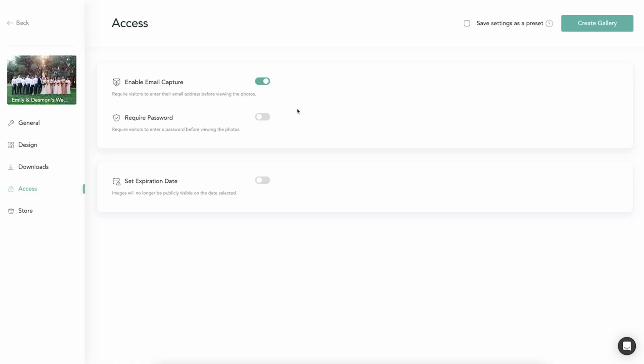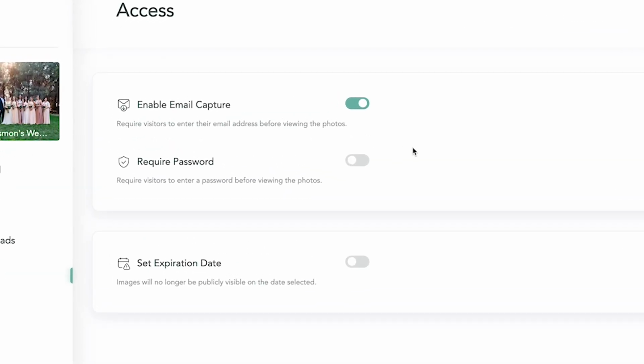The Access tab is an important section and can be really powerful, so I definitely recommend you consider each one of these options as we go through them. At the top, we have the email capture feature. When enabled, every gallery visitor will need to enter their name and email address to view the gallery. I highly recommend leaving this on so you can keep track of who's viewing and downloading from the gallery in